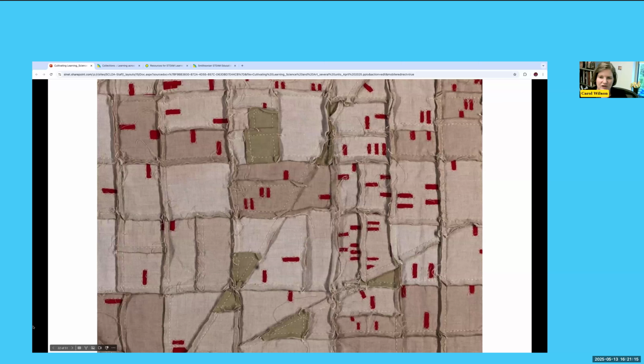You can see that each of those little red marks that she's put on there represents a foreclosed house. So I love the interplay of data and media, the choice of media here. When you think about a quilt, you may think of something warm, something comforting, something that reminds you of home, something that may be passed down generation to generation, something you can snuggle into and be comforted by,